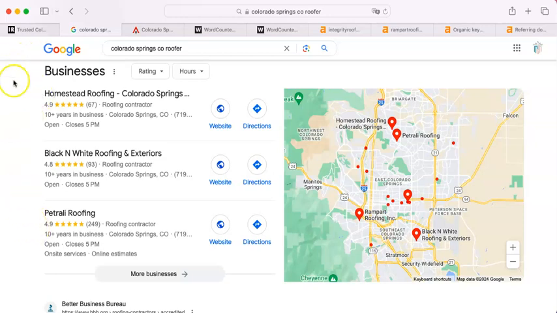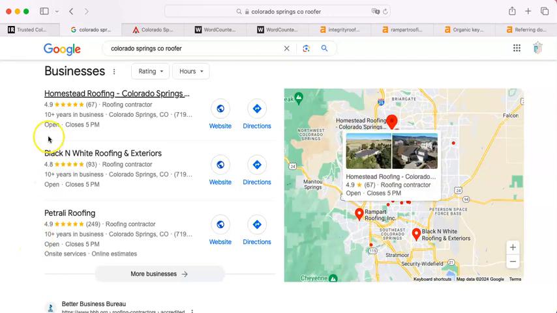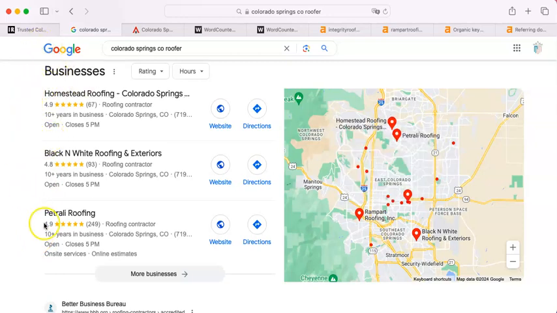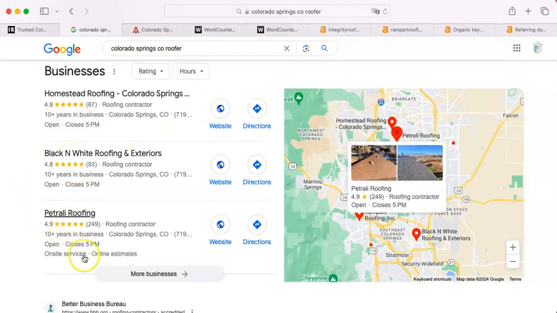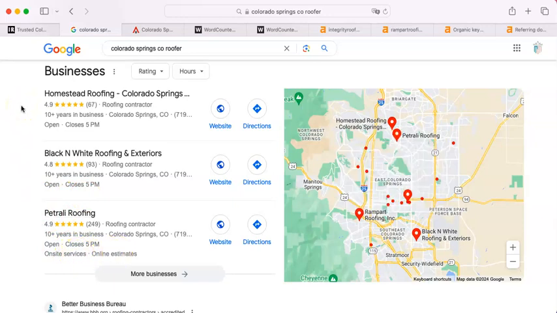Now, these folks had something special that they did, and that was go to Google and fill out a Google business profile. It is something that you could do yourself. They ask for your name, what year you started your business, the website, where you're physically located, your daily hours, and some tick boxes, on-site services, online estimates, that sort of thing. Then they also ask you to prove that you actually own the business you're reporting. That takes a couple of days. But it would also be best if you had somebody with experience and expertise fill these out, because the goal would be to get near the top of the search.